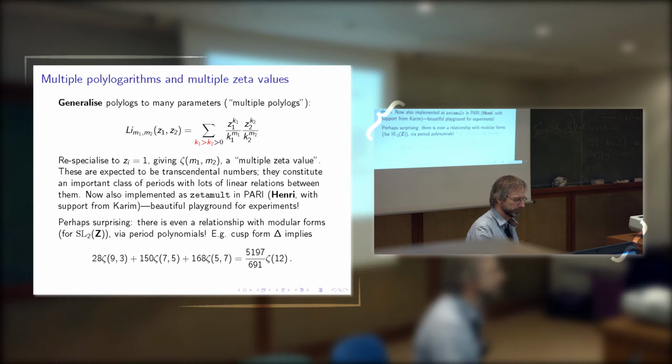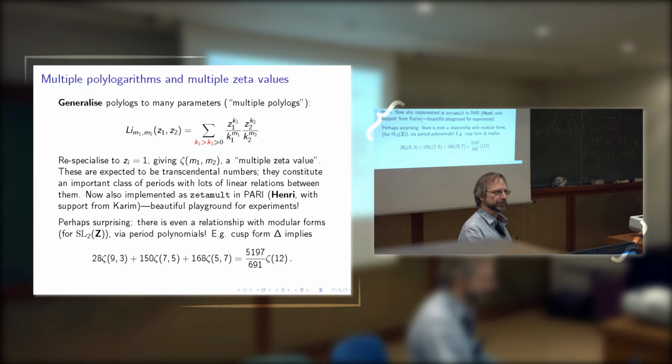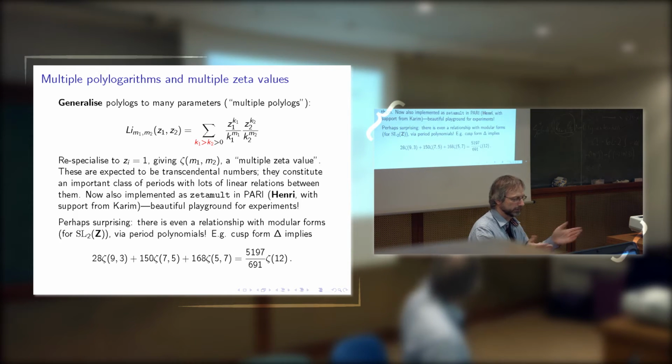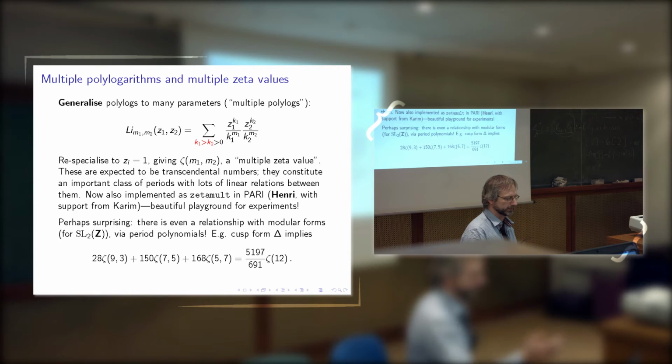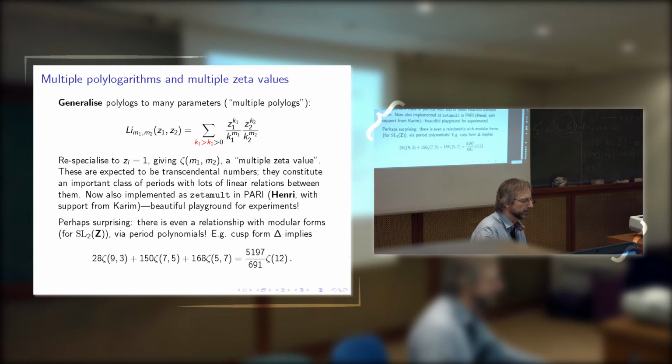Maybe, if there is still time later on, one could try to see that the cusp form delta, so the first cusp form, actually implies the following relation. This we can try to corroborate in principle, or you can try to corroborate in ZetaMult. So that is essentially what I wanted to say about the theoretical side, and maybe just to give an indication